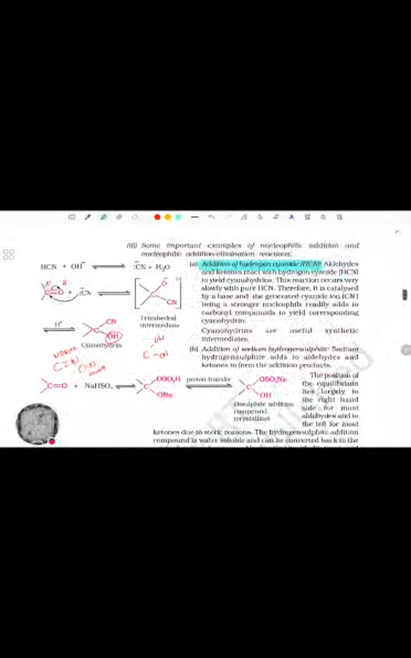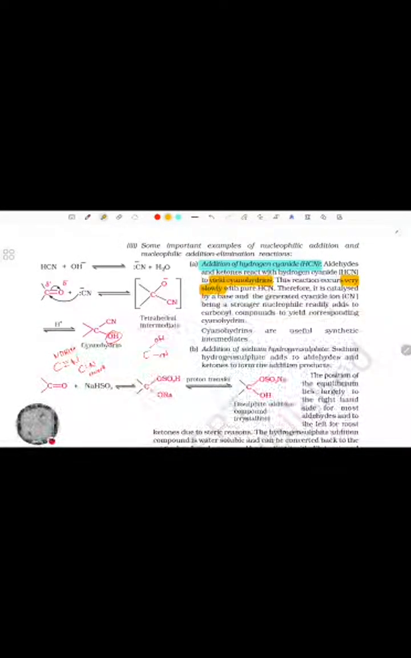So the yield is going to be cyanohydrins. This reaction occurs very slowly with pure HCN. Okay, it's going to be a very slow reaction. Therefore it is catalyzed by a base, and the generated cyanide ion, CN-, being a stronger nucleophile, readily adds to